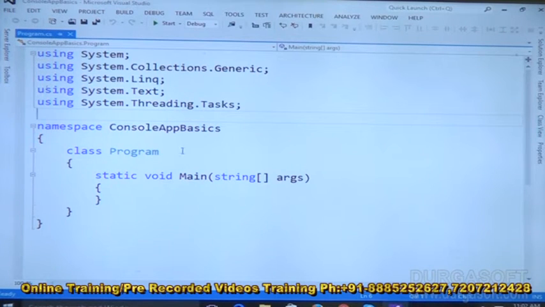When we create a console application for the first time, by default one class comes, called Program. The class name is Program, and static void Main. As you know, C#.NET is a case-sensitive programming language, so you should maintain capitals and smalls where required. M should always be capital M. And string[] args is the command line argument.